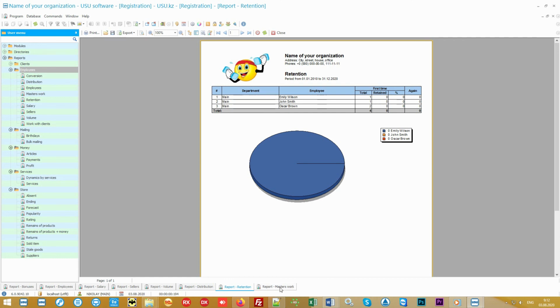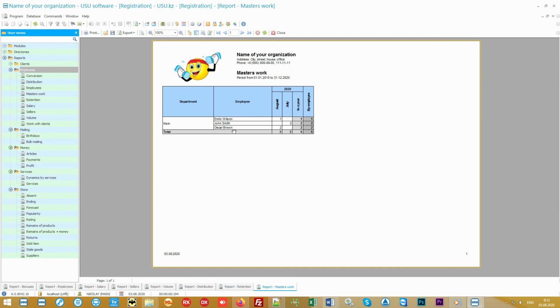Also, the program can display the dynamics of visits. In this comparative report, you will see the number of visitors in the context of each month, both for a specific employee and in comparison with other employees. Please note that all reports will be generated with your logo and details. And all analytics can be built for any period of time. This means that you can easily analyze one day, a week, a month, or even a whole year. This is especially useful for the most important thing that every organization should do: financial analysis.